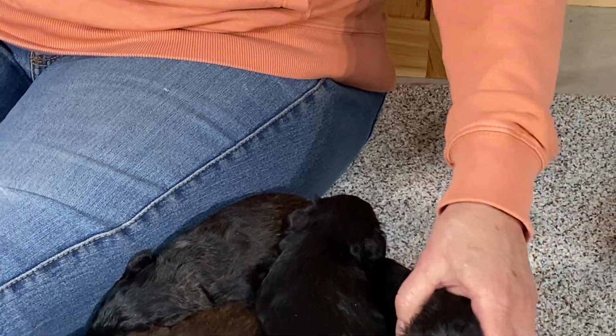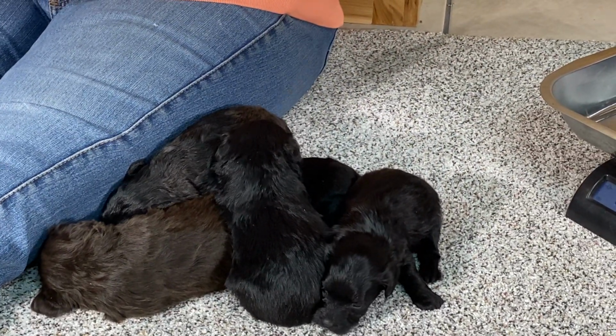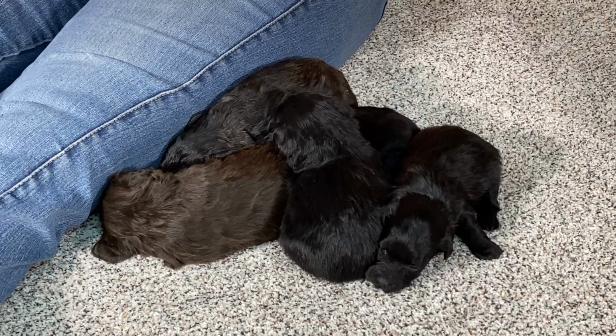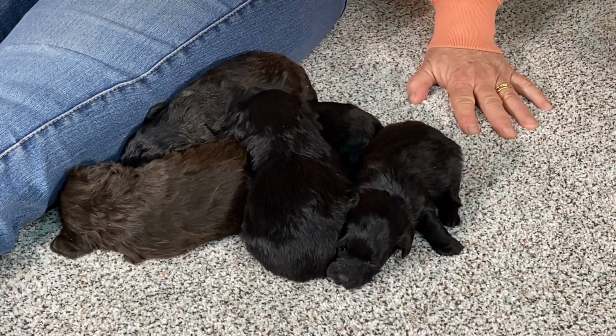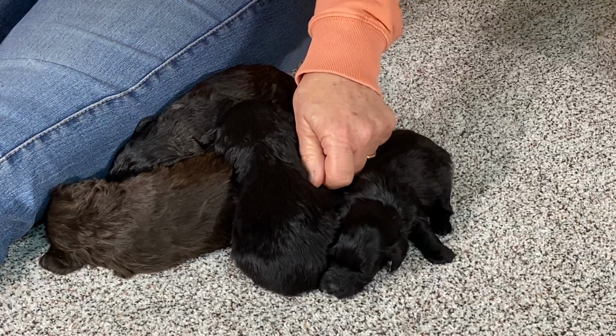So, that's the skivvy on the litter. The girls are doing absolutely phenomenal. And I will call the second party on the website today and see what puppy they're going to choose. And then I'll turn the rest of them on available to the general public. So if you have any questions about these guys,